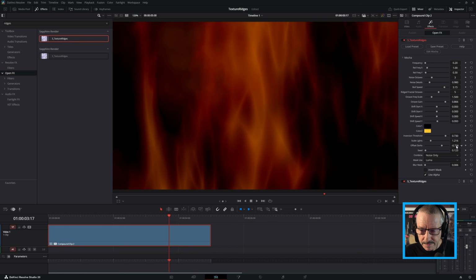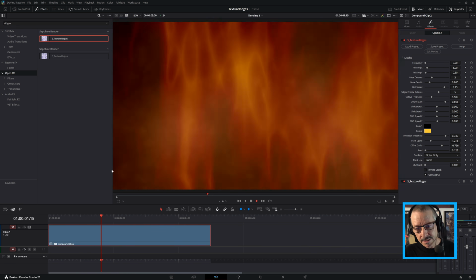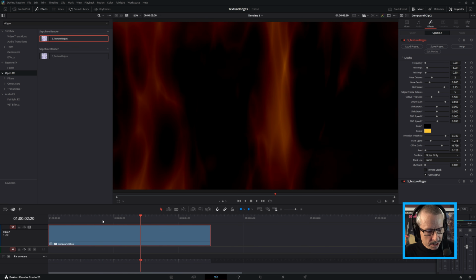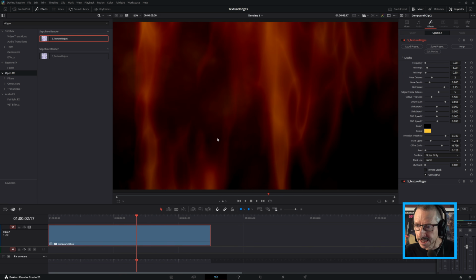Make it a little brighter, just in the contrast. All right, so that's a good start. Why don't we try and add some embers now? So I'll just do a quick save. And we'll drag TextureRidges on again